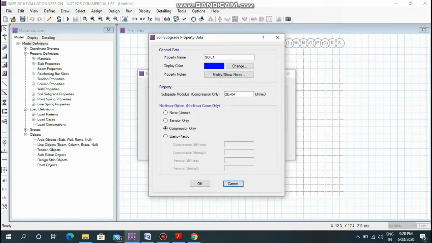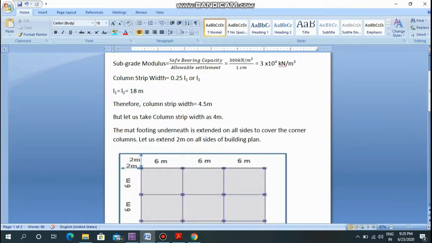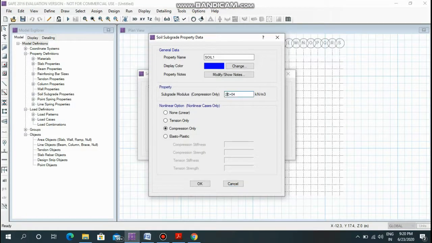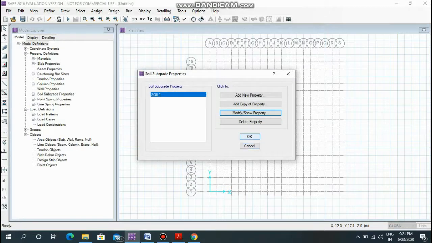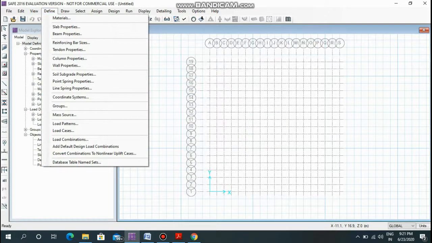So our subgrade modulus is 3 into 10 to the power of 4 kilonewton per meter cube. So change the subgrade modulus to 3e+04 and click on OK. Click on OK again. So we have defined all the properties.